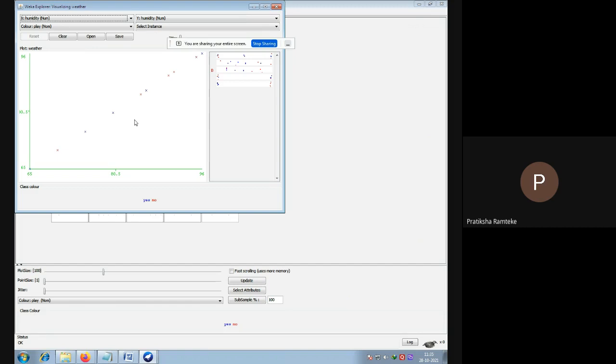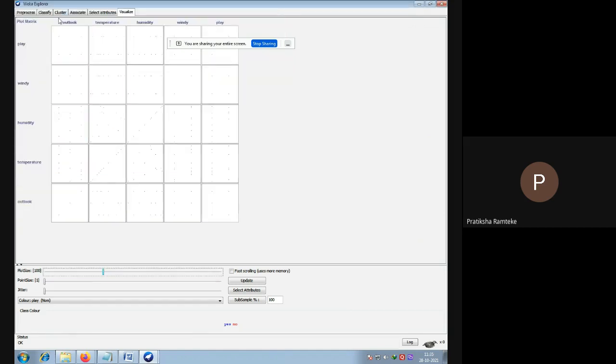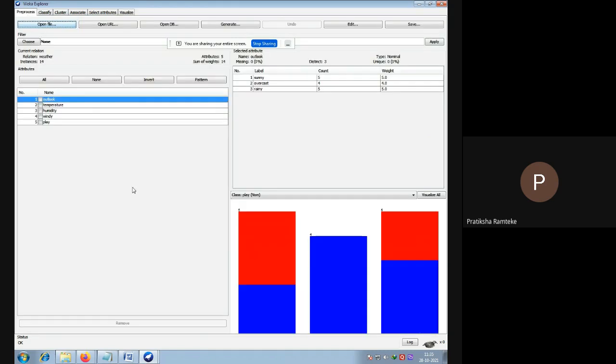It gives a brief idea of how classification is done. Okay, so this is the visualization of our data set.